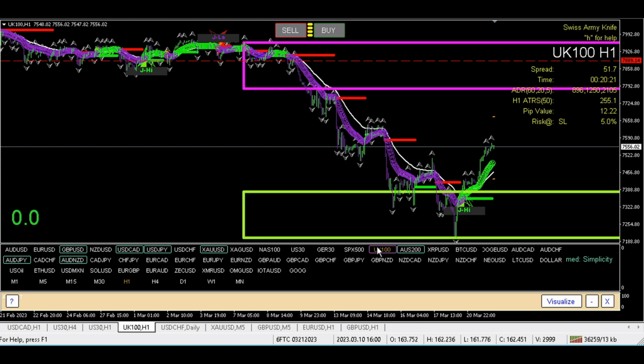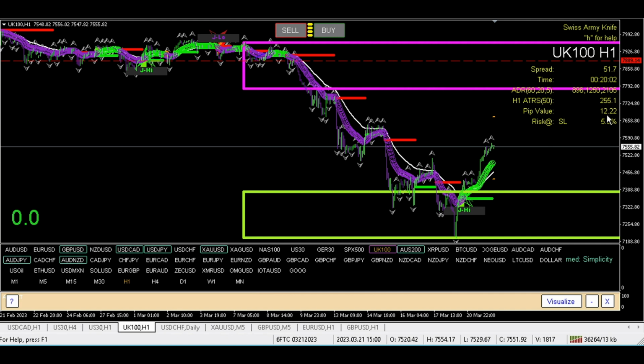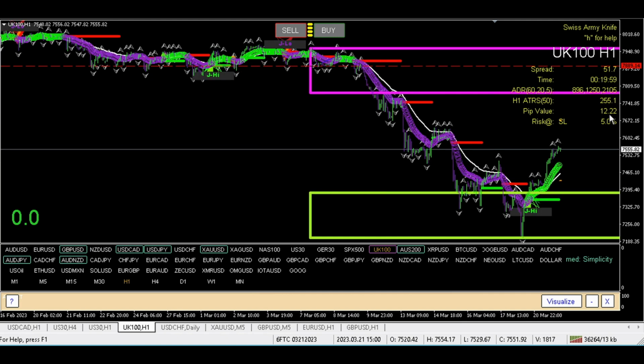Last but not least is our index. Indices is where I seem to do the very best. So this is 6,877 pips. Very minimal drawdown, if any. About 500 pips in total. That's incredible. So this, again, has a higher dollar rate per pip. This is worth an awful lot per pip. So that means per standard lot times